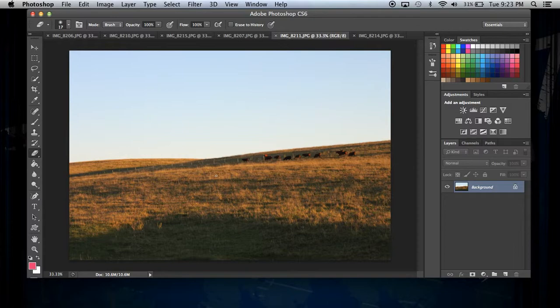For this photo, we want our emphasis to be on these cows back here. We want all this to be blurred out just so you can see clearly that we want our focus on the cows. For that, we want to come up to make sure this is on because you don't want to erase anything. And you want to come up to Filter,